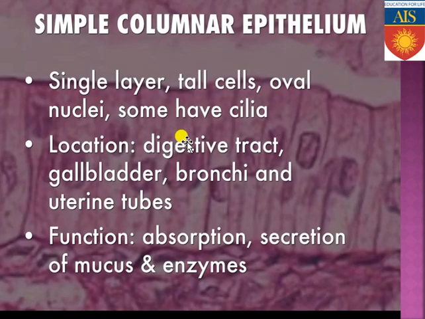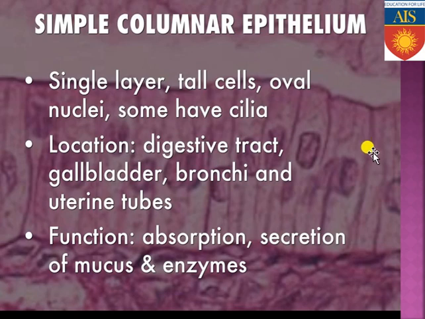So simple columnar epithelium is a single layer of tall cells, as I have already told, the nuclei are oval shaped, and some of the cells have cilia also. Location: they are present inside the digestive tract, in the gallbladder, bronchi, and inside the uterine tube. So these various kinds of ducts or regions are generally covered by